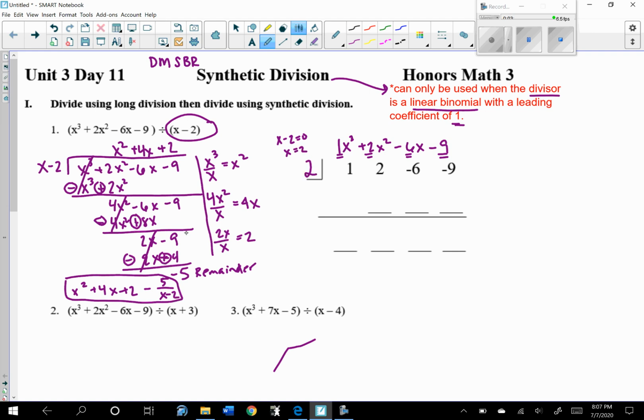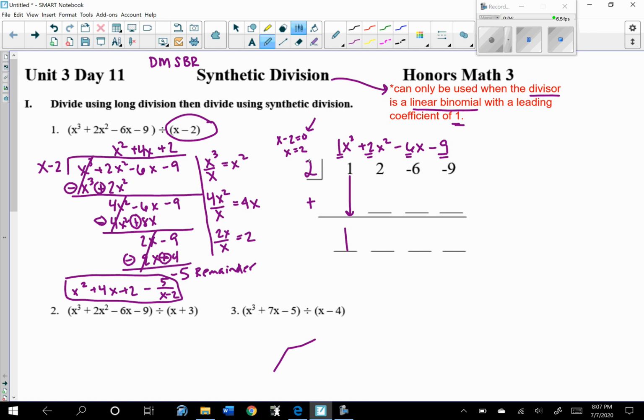Unlike long division of polynomials, instead of subtracting, we're going to add. And that makes sense because look up here. If up here we're changing the sign, right? We're taking this negative 2 and putting it on the other side. So we already are taking into account the subtraction by changing the sign of what our number is in the box. So then the steps are to bring down the first term, which is 1, and then you multiply 1